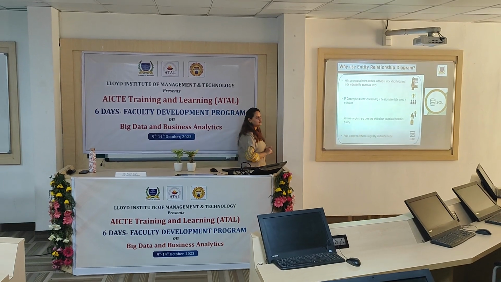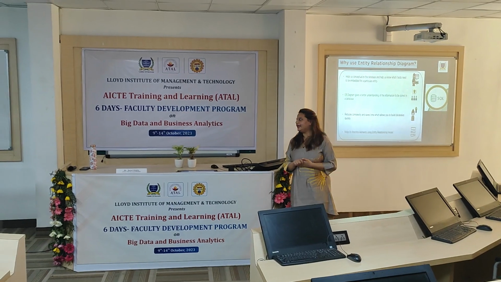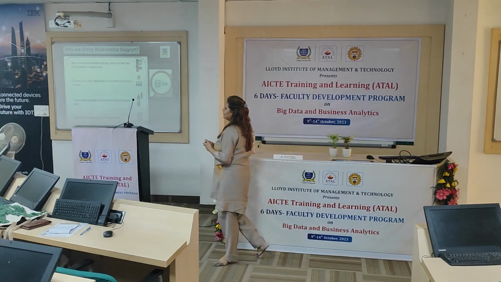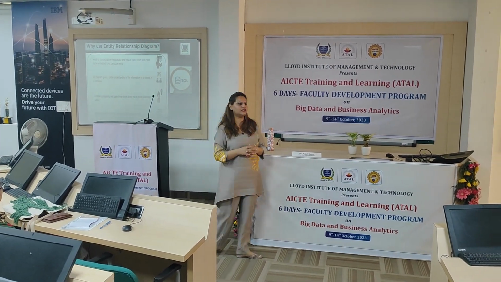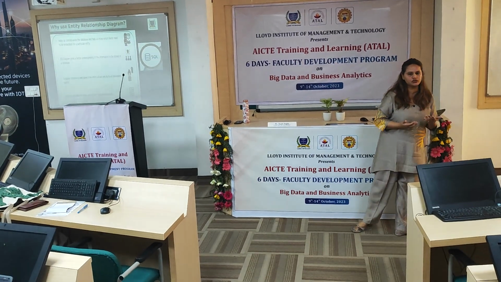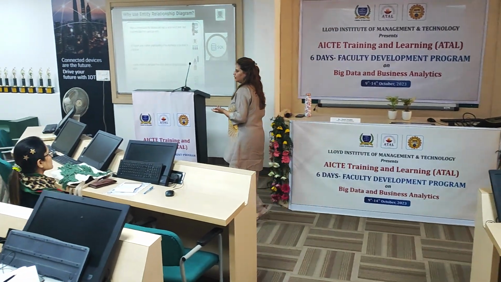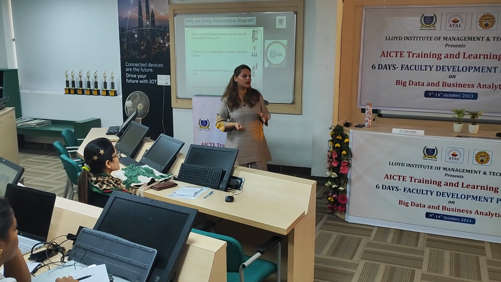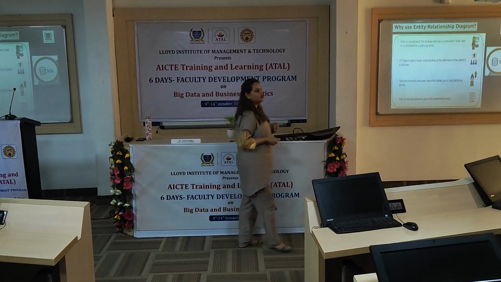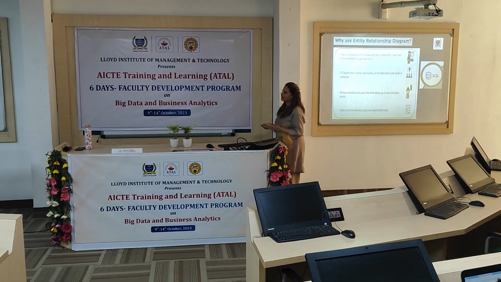So why do we use ER diagram? We use ER diagram so that we can create particular entity and we can highlight that. We'll talk about primary key. Like in this class, I'll talk about that we don't have roll numbers. We don't have in the attendance sheet. We can only make a significance through your name or through your college. That is uniquely identifying you, right? But there are many students who are from Lloyd only, so that cannot be considered as one of the primary key. But your name can be considered as the primary key, which makes your table uniquely identified.